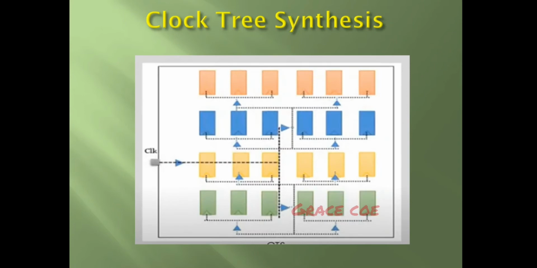So next is the clock tree synthesis or CTS. So here you have a PLL or phase lock loop which generates a clock signal, and a clock tree is designed which sends the clock signal to all the flops with minimum skew and insertion delay. So here also the optimization is done with respect to timing, area and power.